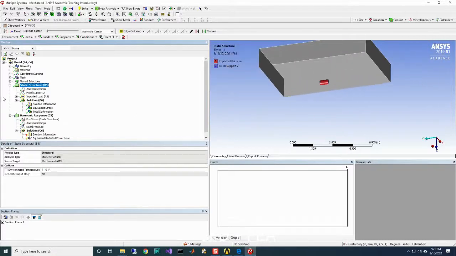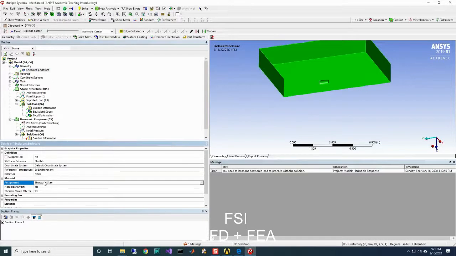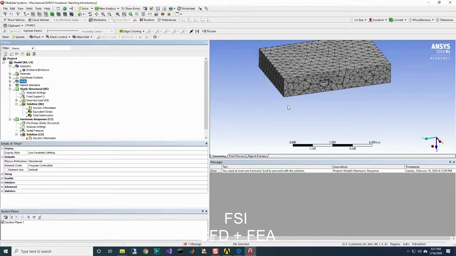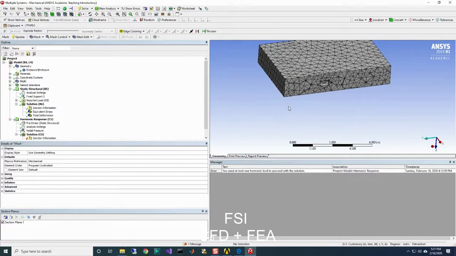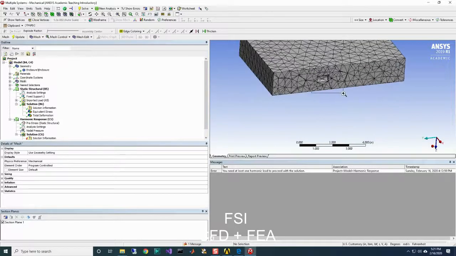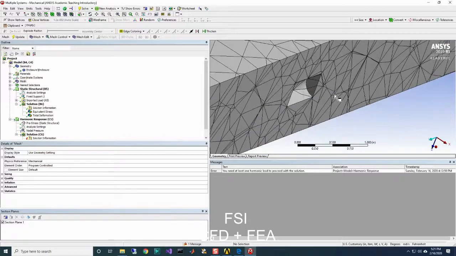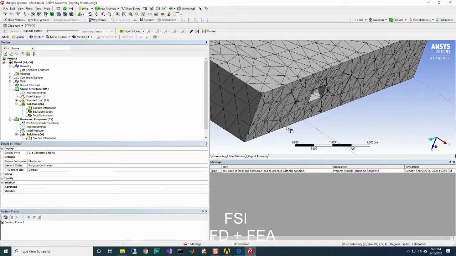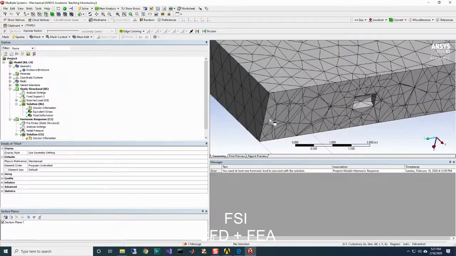Okay, so this is actual structural steel, so you pick the material, and it will mesh this guy. As you can see, there's a little void body right in here, so we can run our static structural